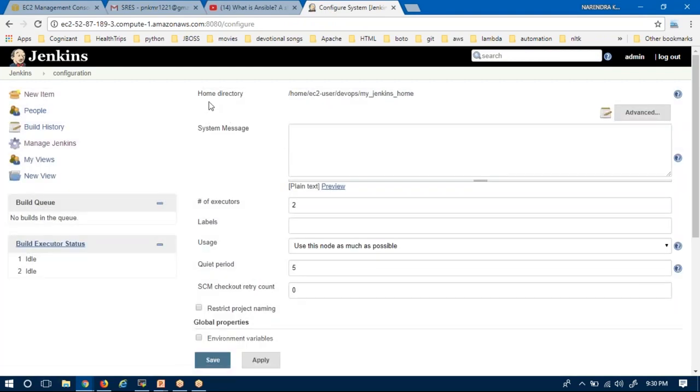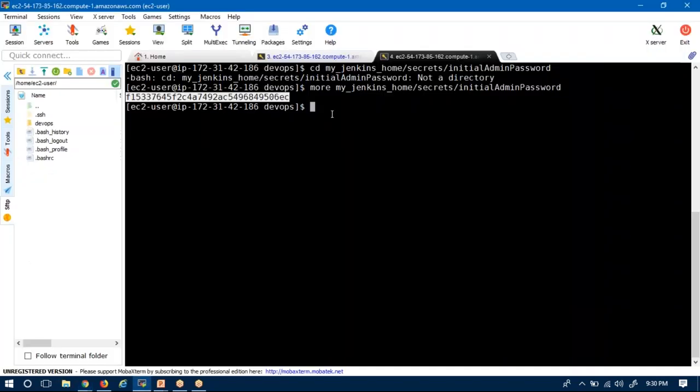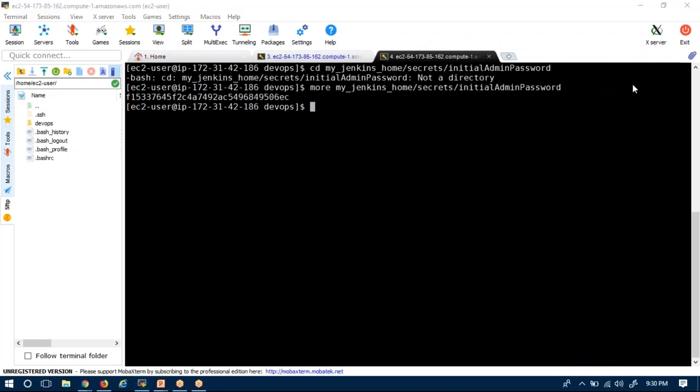See, if you observe here, home directory, home, EC2 user, DevOps, my Jenkins home. Here it is showing the home directory as this one, because we changed that home directory by exporting the Jenkins home variable. Is it clear? This is the way to change your home directory of your running Jenkins server.